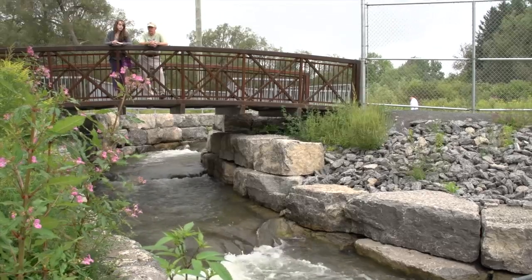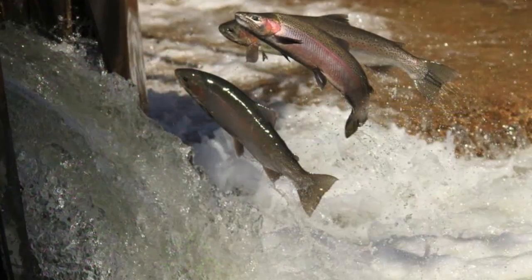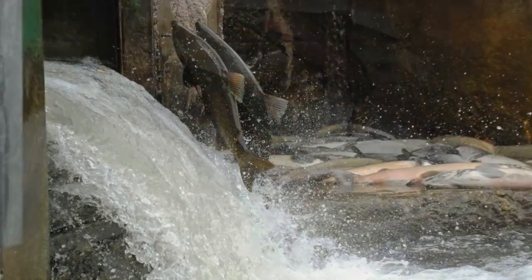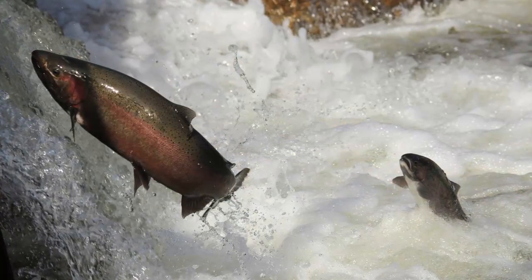So we've gone now from a stink hole, if you will, to an attraction. We have a lookout. The new pond, the new fish passage has 4 riffle ponds where the fish can jump and jump and jump again 4 or 5 times before they make it upstream. These are small jumps, and it's quite exciting to actually come down and stand on the viewing platform and watch